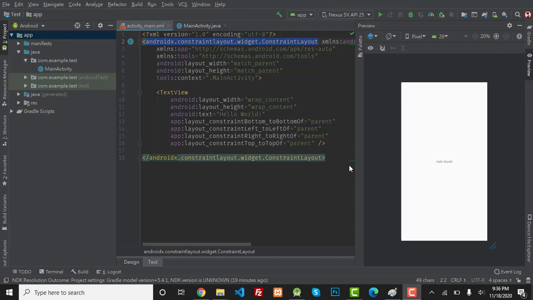Hey, what's up guys? In today's video I'm going to show you a list view example in Android Studio. So let's start. You can see that this is my simple Android Studio project named test, and first of all